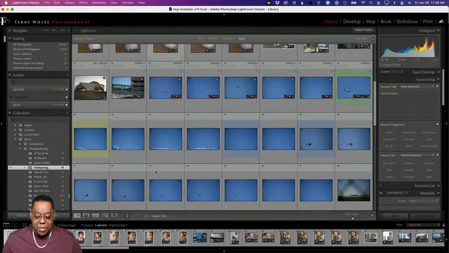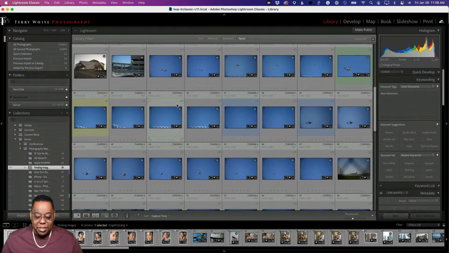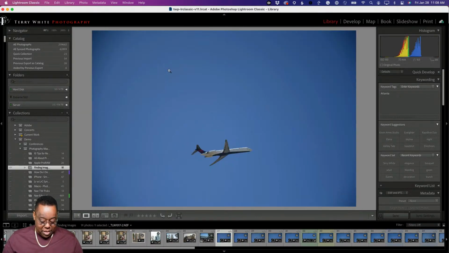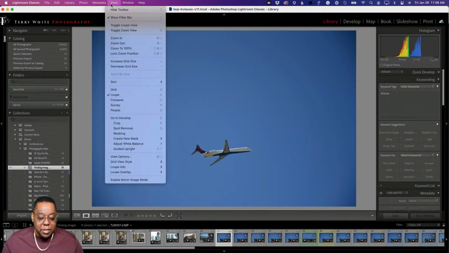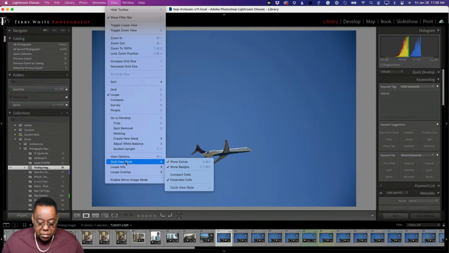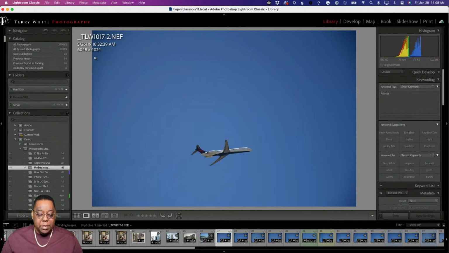For example, let's skip down a little bit to these images I took at the Atlanta airport. Hang on, let me turn on a view here. I want to go into show info overlay. There we go. As you can see, this image was taken back in 2019, and it is called, affectionately, _TLW